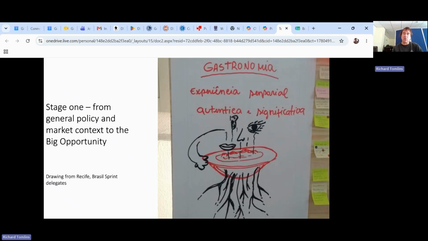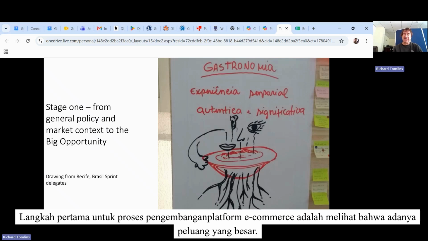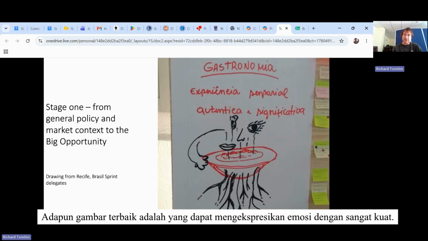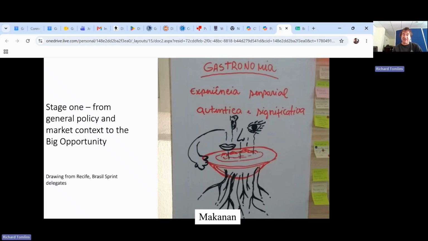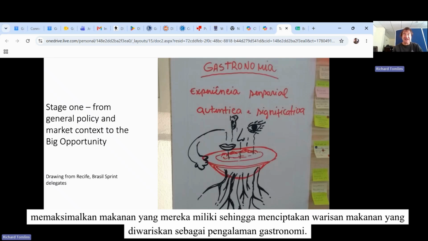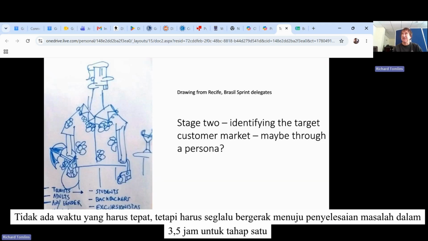authentic, significant. So what you want at the start of the process for the e-commerce platform development is to draw the big opportunity for you. And the best pictures are ones that express emotions really powerfully, as this one does. So the emotions are the roots of the food in the ground, in the experience of Recife as a slave city, and the food having that experience of quite poor food, but food that the slave communities energized with flavors, with spices, making the most of the food that they had and creating a legacy of food that's handed down now as a gastronomic experience. In fact, you're always looking towards completing in around about